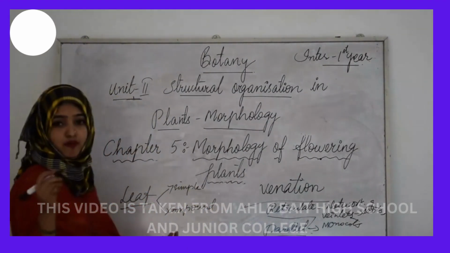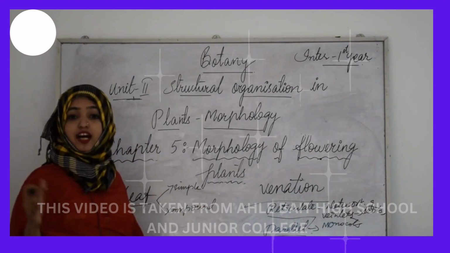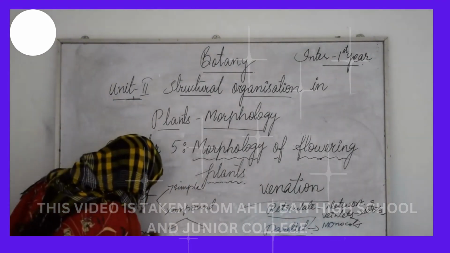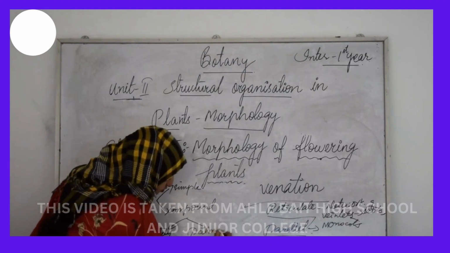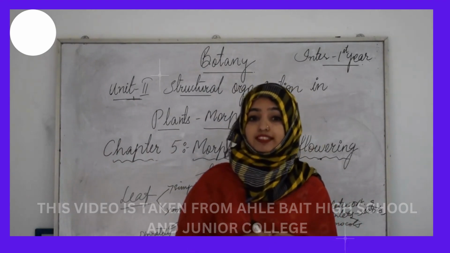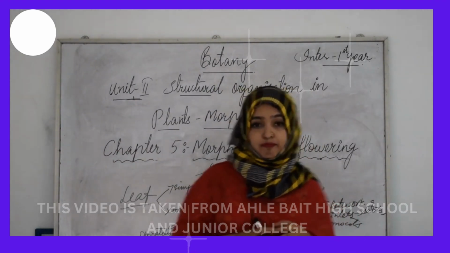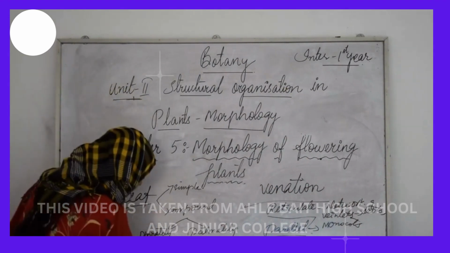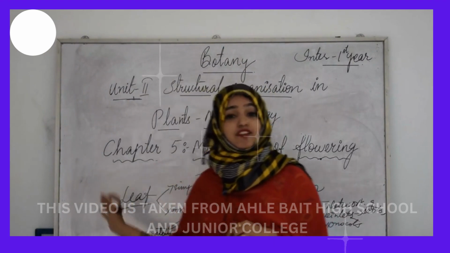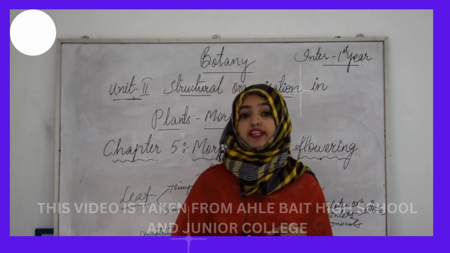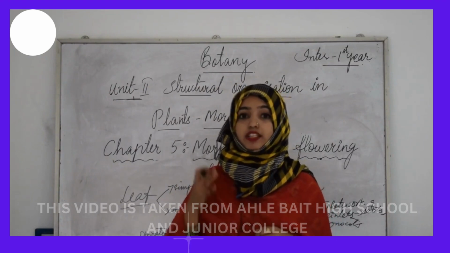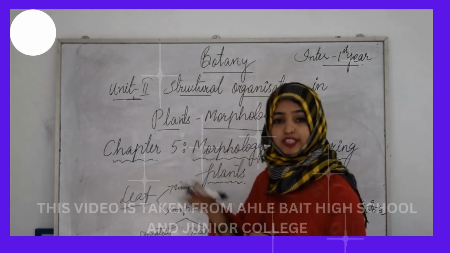So now if we proceed forward, we can see that the compound leaves are again classified into two types, that is pinnately compound leaves and palmately compound leaves. In a pinnately compound leaf, a number of leaflets are present on the common axis, that is called as rachis, and the best example for the pinnately compound leaves is the neem. And coming to the palmately compound leaves, the leaflets are attached at the common point, that is at the tip of the petiole. The example for this will be the silk cotton plant. So that was all about the types of leaves.